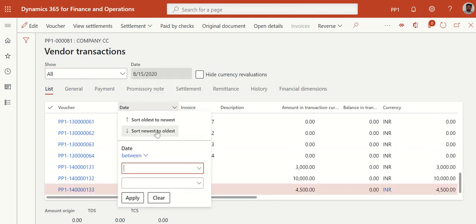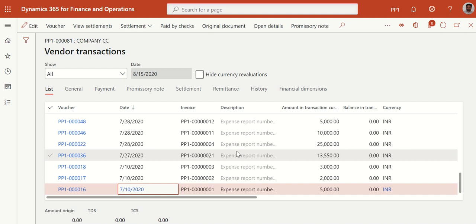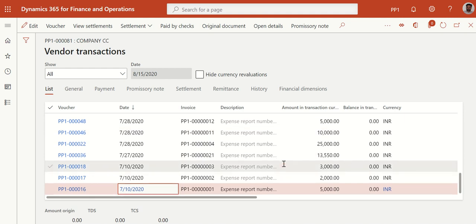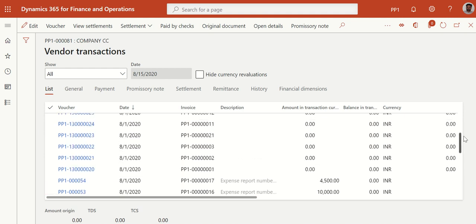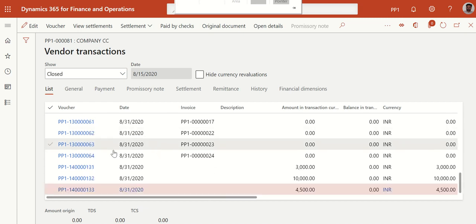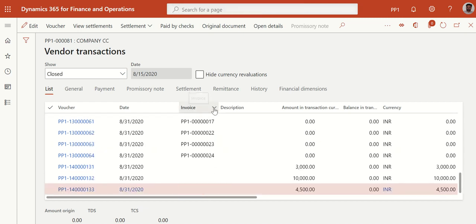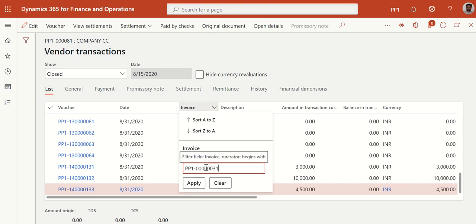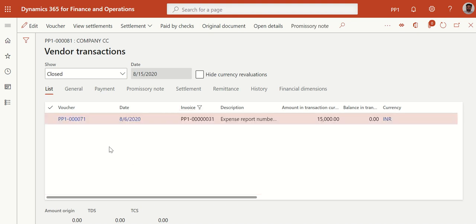Newest to oldest. I guess it settled on 15th August. Or what you can do is click on invoice. My invoice number. So this is the invoice which was open, which I just settled.